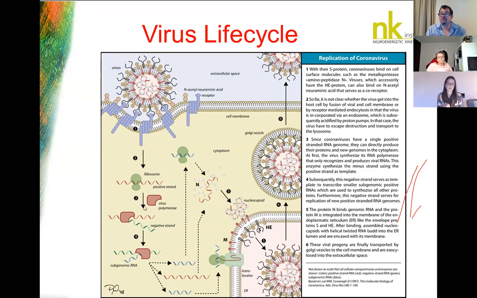In the genome, there's only one enzyme. And so as this RNA goes to the ribosome, it can produce the enzyme, which will then produce what's called a negative copy of the RNA.